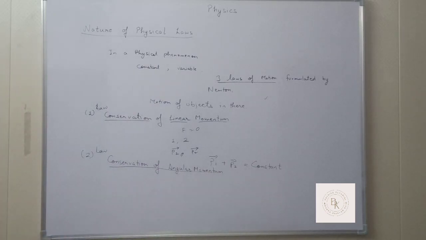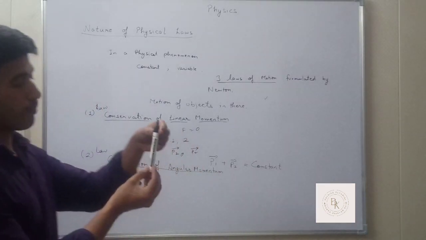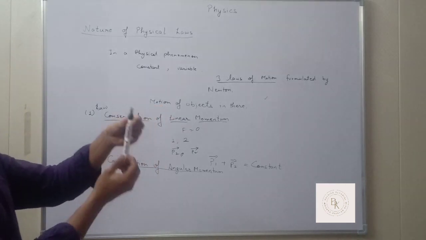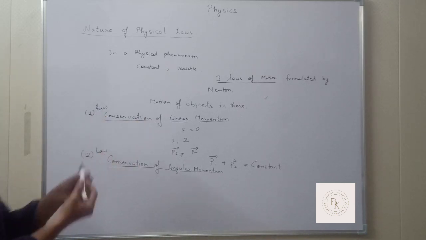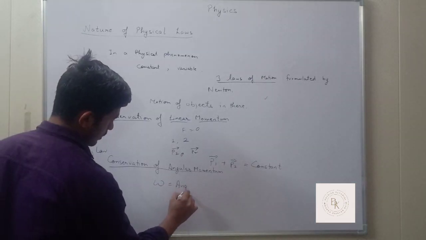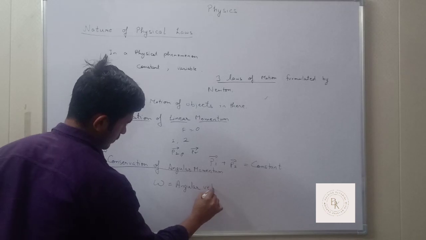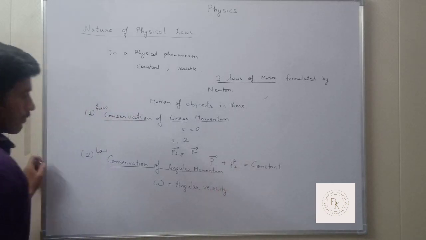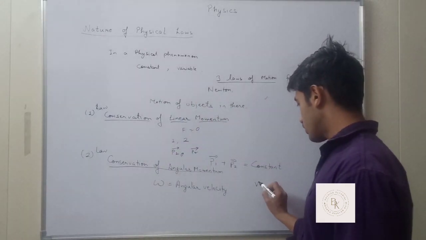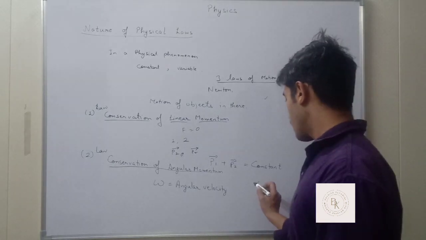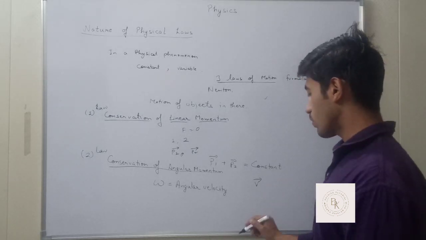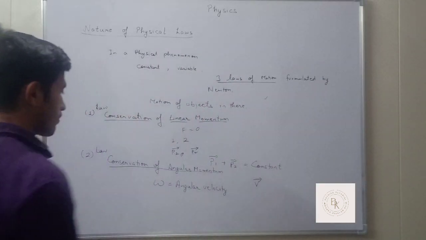Now what is angular momentum? See, this pen is rotating. So in this rotation there is a quantity called angular velocity, omega. So this is nothing but angular velocity. If you don't know what angular velocity is, then you should first know what linear velocity is. This is the linear velocity, and this is a vector, so we can display an arrow here. So this is the linear velocity, and this is the angular velocity.